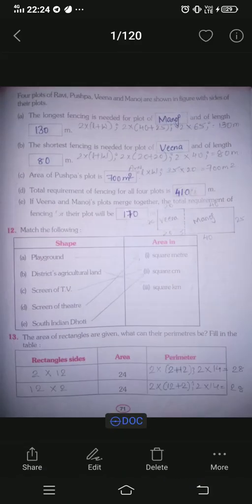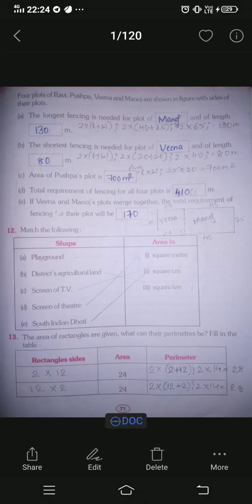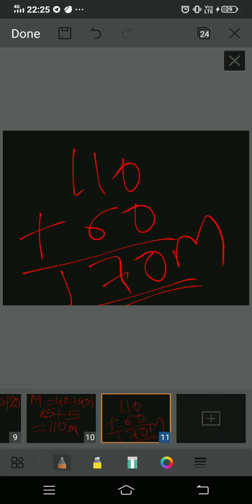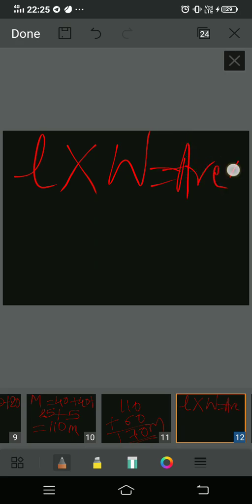Okay, so these are the sides of a rectangle. They had already mentioned that the area they provided is of a rectangle, because they mentioned area of rectangles in the question. So you know how we find the area of a rectangle: length into breadth, right? How do we find the area of a rectangle? I'll explain using the PPT. Area of a rectangle, how do you find it? When you multiply length into width, you get the area, right?